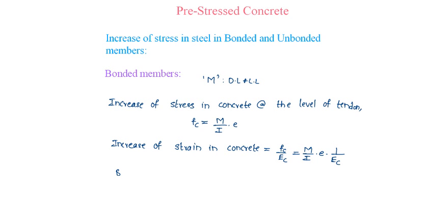Due to the strain compatibility principle, strain in concrete and steel will be the same. So the increase of strain in steel will also be the same, that is equal to M by I into E into 1 by EC,